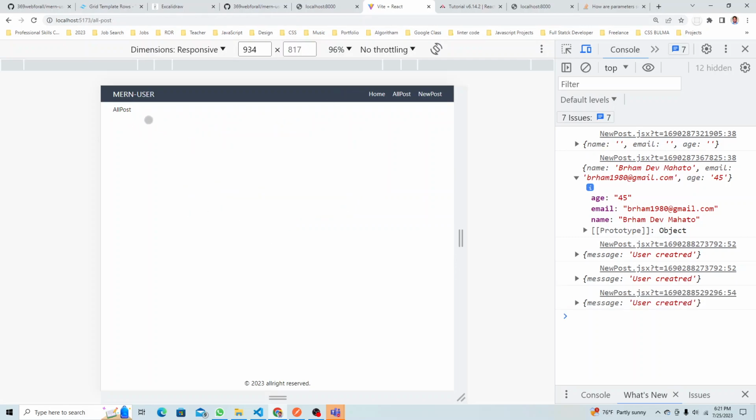See, when I submit, I just went to the all post page. Now in the all post page, I need to display everything, and let's try to